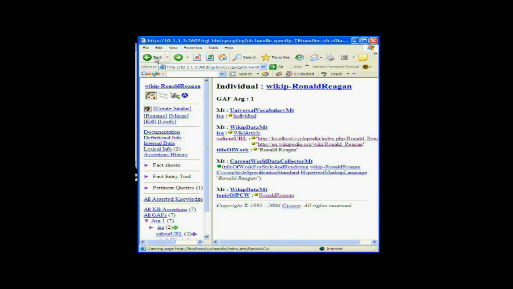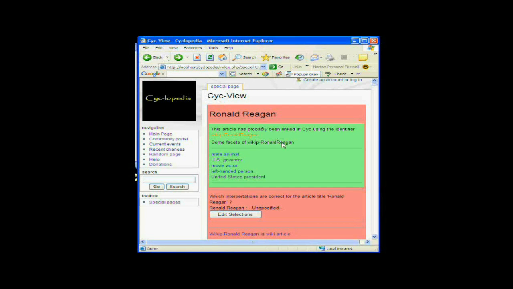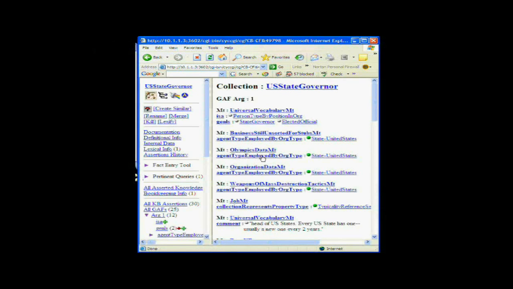We can go back to the article to check one of its facets and see what Cyc knows about that term.